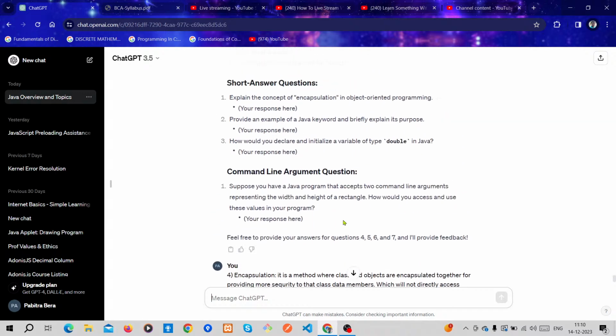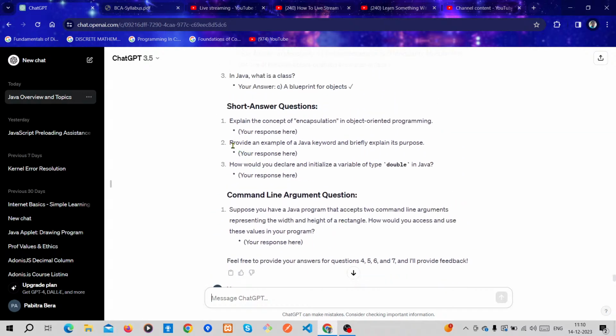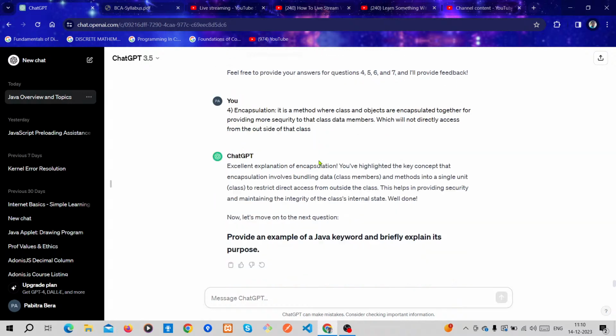Question five: provide an example of a Java keyword and briefly explain its purpose. Java keywords mean reserved keywords.